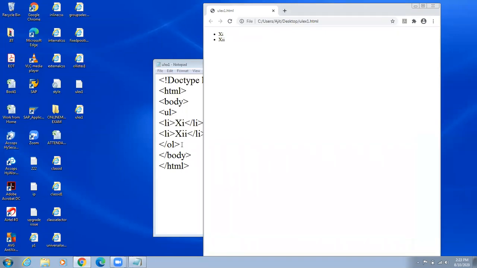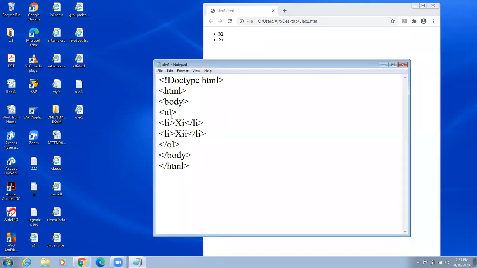Okay, like in ordered list, the default value is 1. If you do not specify any type, the default value is to start from 1. So here the default value is this. Okay, that is called an unordered list. The list is marked with bullet, circle, disc or square.